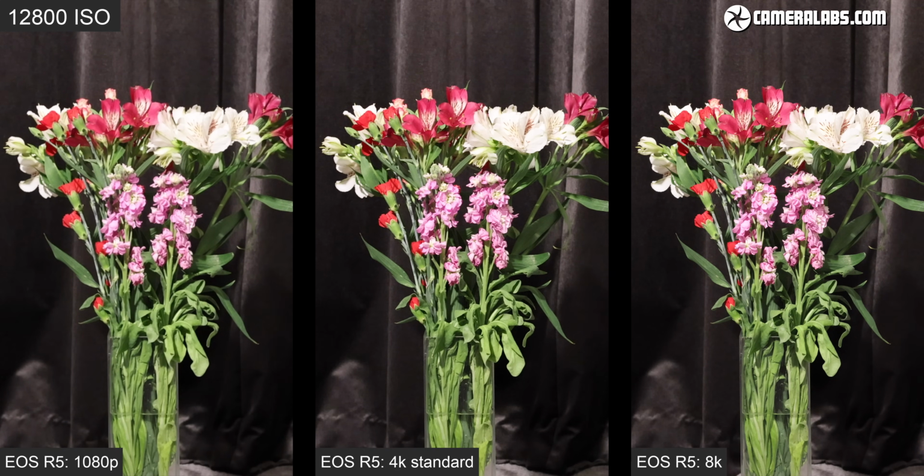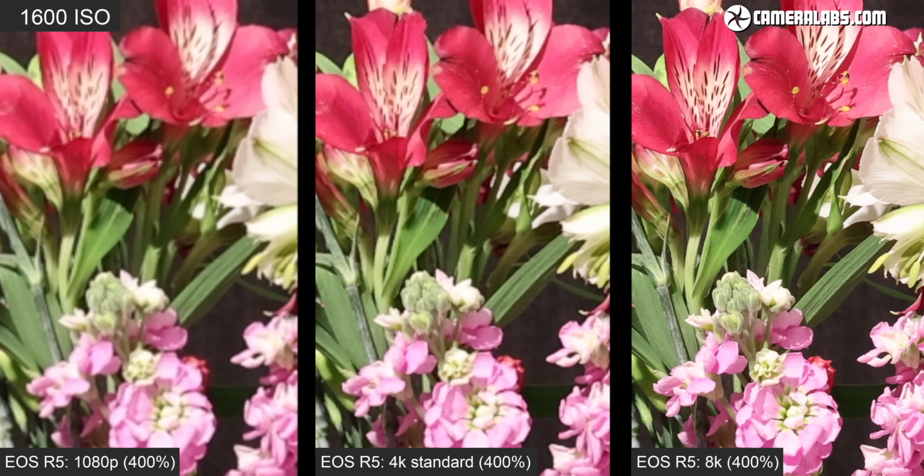Next here's 3 resolutions at 12800 ISO. And finally, all 3 at the maximum movie sensitivity of 25,600 ISO. Now to show the difference more clearly, I'm going to run through that sequence again from 1600 to 25,600 ISO,